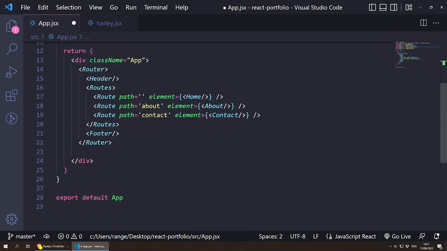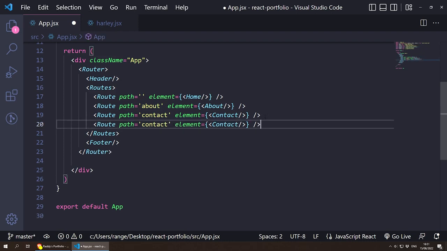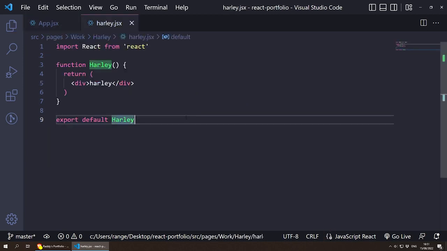Now we can include this page inside our routes. So after this, we can do Harley, and then inside here, we can do Harley. But before that, I'm thinking that you do /work if you wish to have a proper work page where you have your selected work, and then you have Harley as the slug, if that makes sense. So if we save this as well,